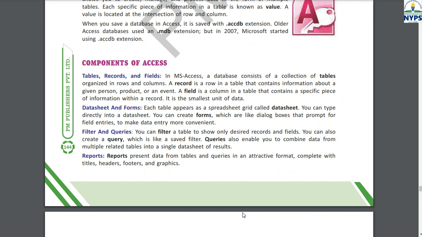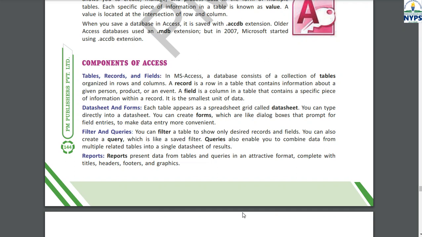First one is the table. A table is a collection of rows and columns. Rows are called records, and fields are columns. Records are those in which the complete set of information is there, while fields or columns are those in which a similar type of information is there.